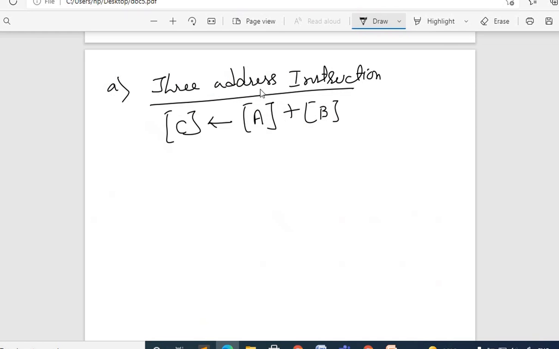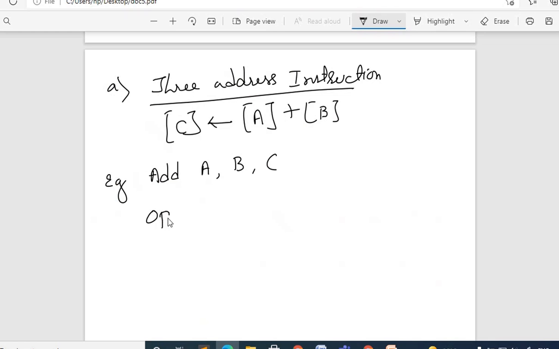If it is a 3 address instruction, that means you are going to specify 3 operands in the instruction. Let me just write, as an example, add A, B, C. What is the meaning of this?